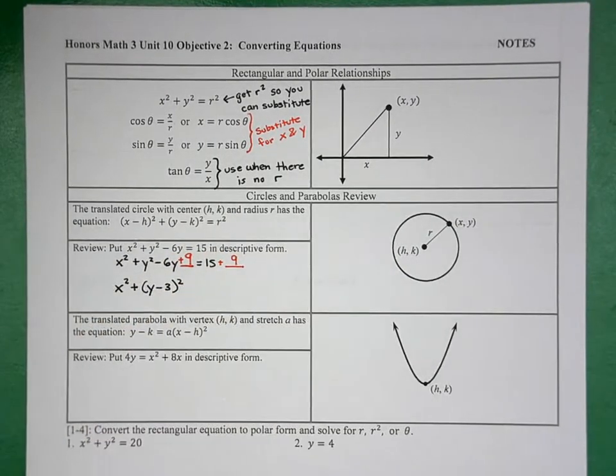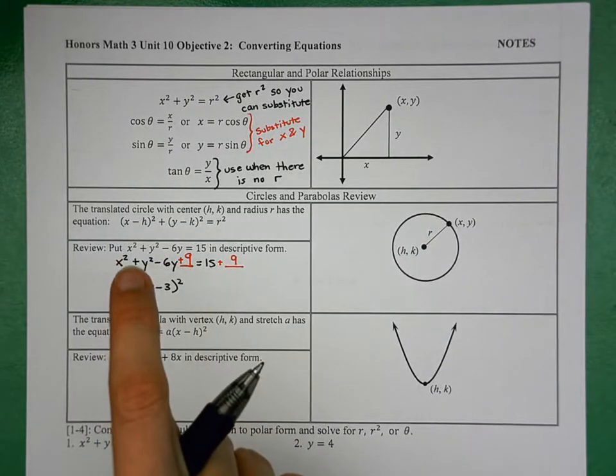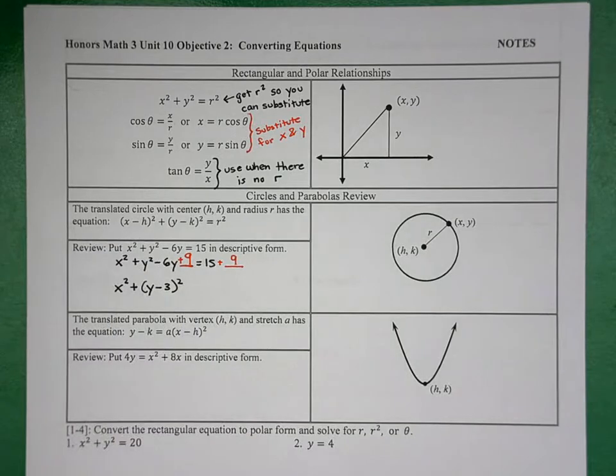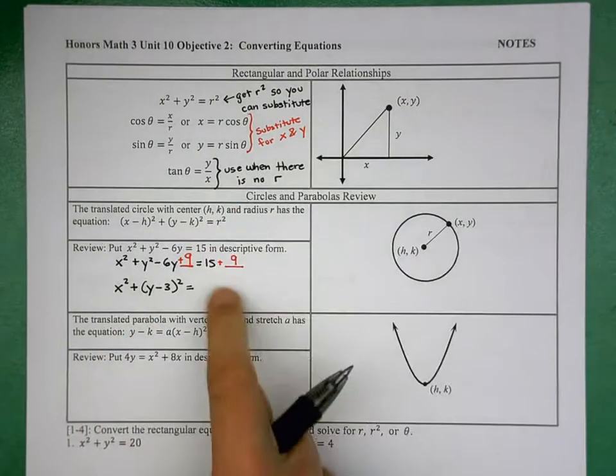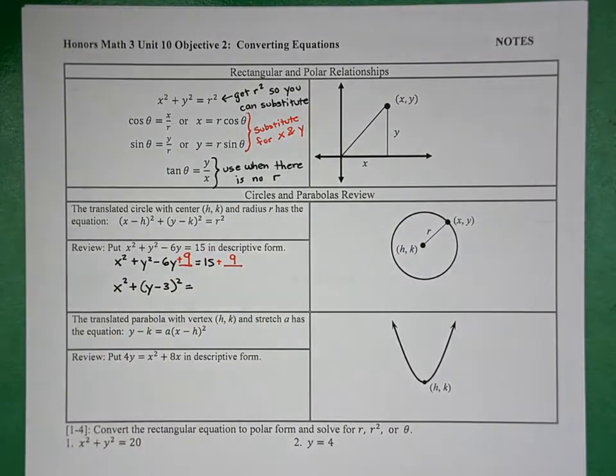And that's why we do the difference of two squares. Or sorry, completing the square. I apologize. Okay, that's why we do completing the square, to get our y minus 3 quantity squared. Okay, and then at the back we have 15 plus 9, which is 24, and so you could write 24